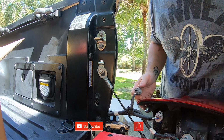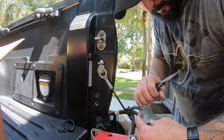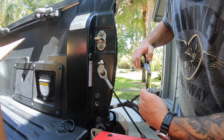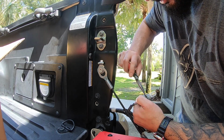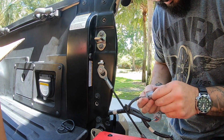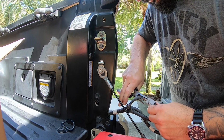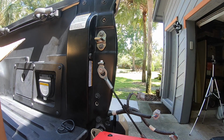Ooh, this one's being rough. All right, let's get this out of the way. Damn, that boy doesn't want to come out, so I'm pushing the button down. He doesn't want to come out, and I'm going to try to wedge something in there to give me a little bit of leverage here. But wow, that is in there good. See if I can do this. There we go. All right. And then,